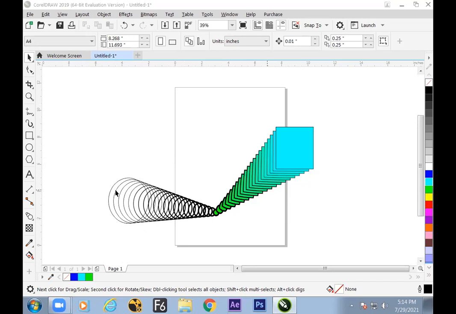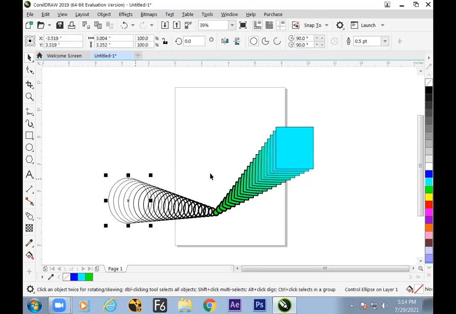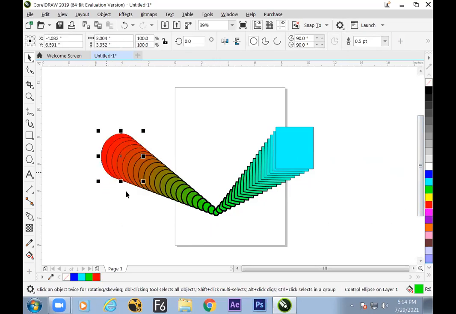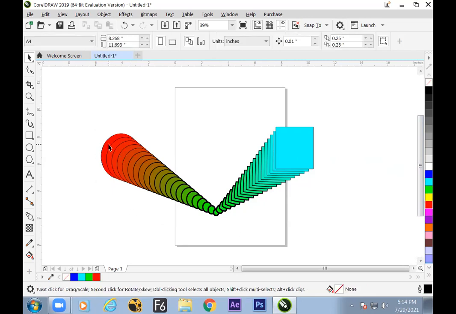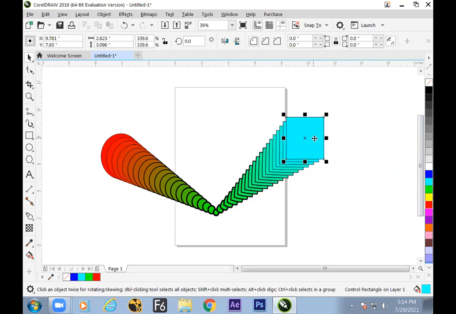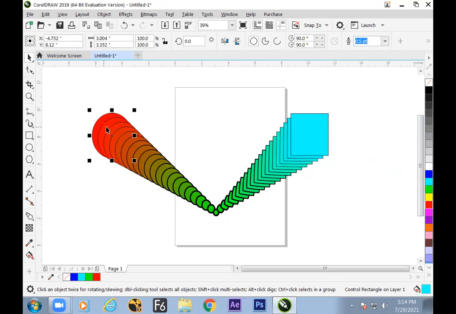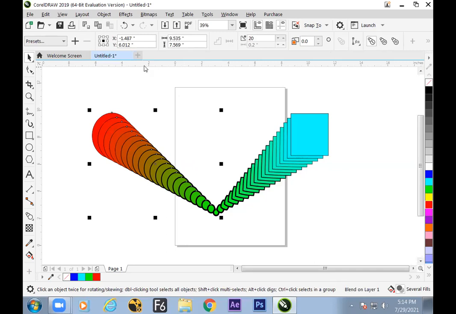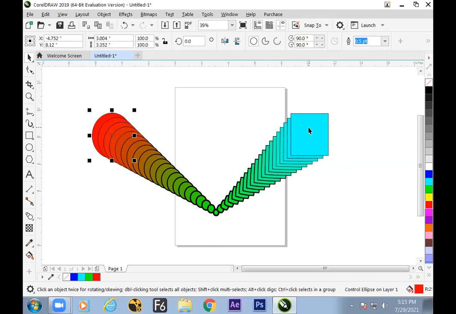Next, the first object. Let us change the color of the first object. So we have seen now how the blend starts appearing on the screen. It starts with the first object, slowly turns into the second object. From the second object, it turns into the third object. Now, as you have understood, an object can be selected separately and the blend can be selected separately. If you need to control the blend, then we need to click on the middle part. So here it will show the blend properties. Is it okay? If it is selected on the front side or exactly on the middle object, then that object will be selected. Fine.